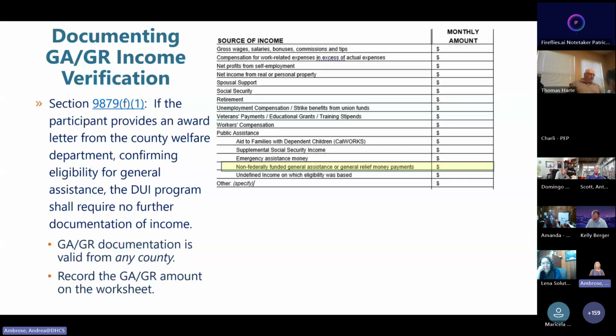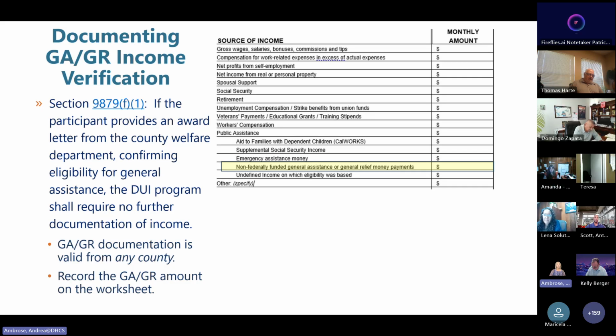And what you'll do is you'll take whatever number that income is that they receive in GA or GR, and you'll just make a note of that on your worksheet under the heading of GA or GR. You'll put that on your worksheet, document what that income is.